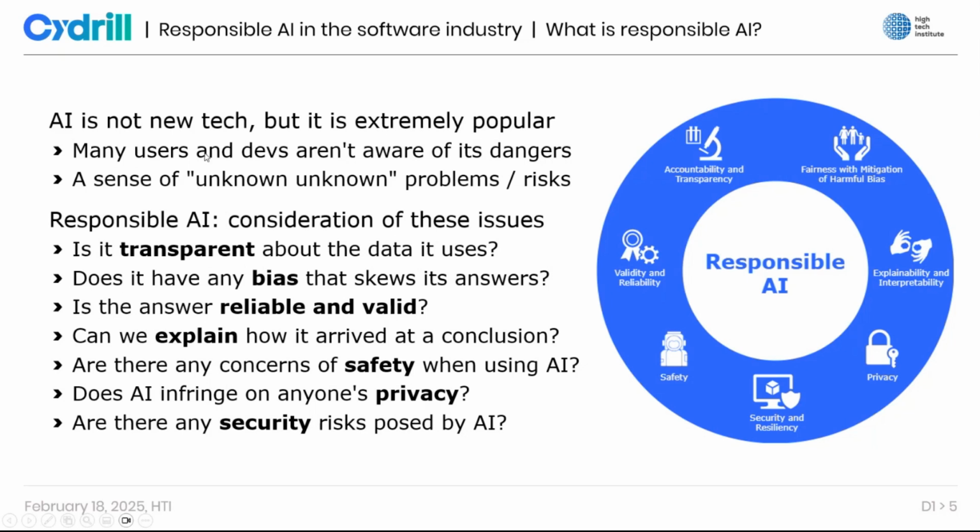For that reason, there has been a renewed focus nowadays on so-called responsible AI. A lot of companies have their own version of what this means. What we're going to look at here is the version by NIST, the National Institute of Standards and Technology, a US-based institution that is responsible, among other things, for the standardization of cryptographic algorithms. So they are pretty respected in this area, and they have come up with 7 main categories of responsible AI. We are going to look at these in the context of writing code, or actually using tools such as GitHub Copilot and similar to write code for us.